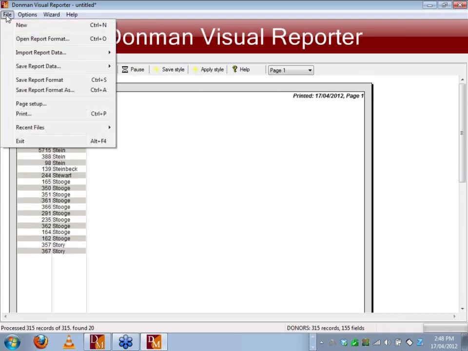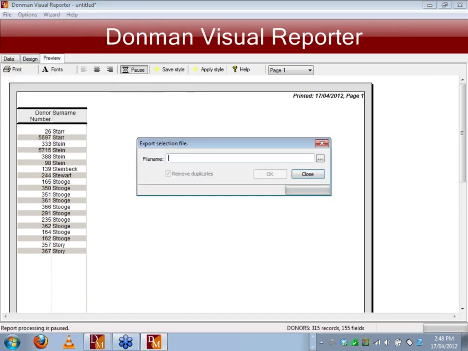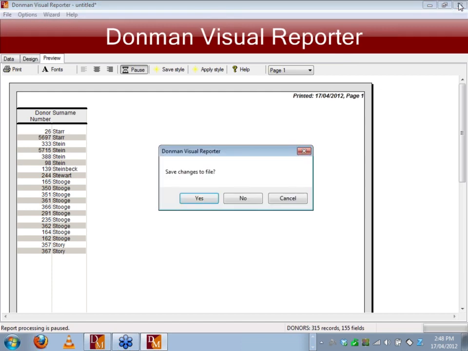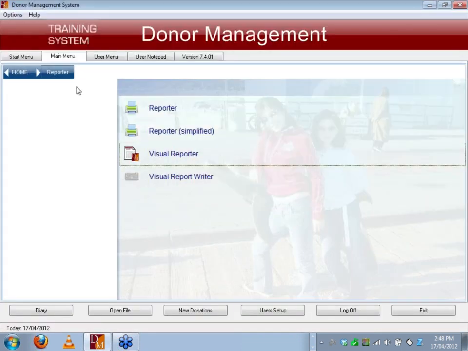But what I want to show you is you go to the file option, there's an option, save report data as selection file. So I'm going to call this ST names. Now, the beauty of that is I've now created a selection file without using the appeal selection program. So I've done what our appeal program does using the reporter. So it's another method of creating a selection file. Having created that selection file, I can do all those other things. I can do the mailing labels and the merge and the email, and I can also use it in various statistical reports. So for example, if I go back to the appeal program now,